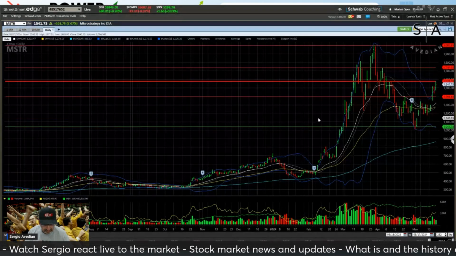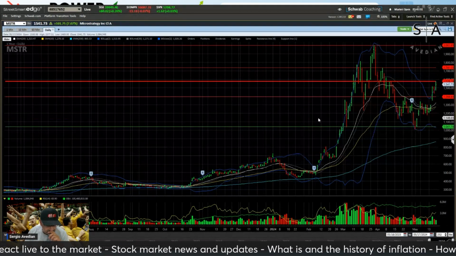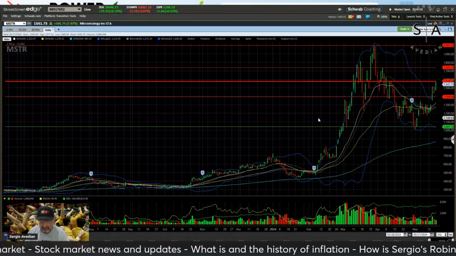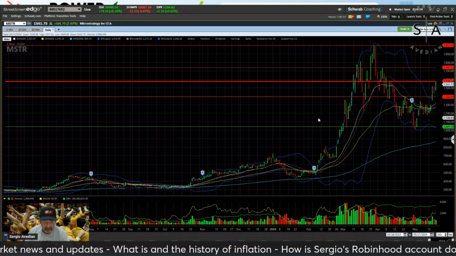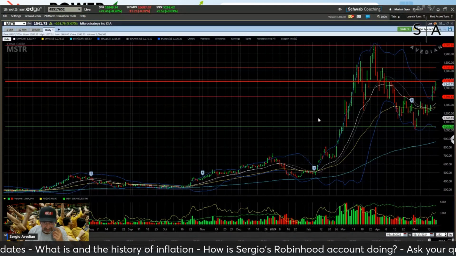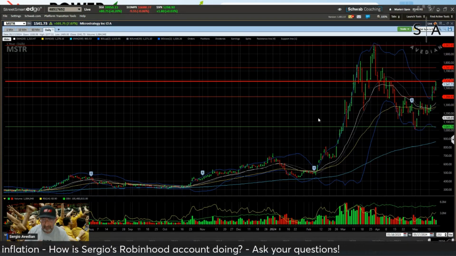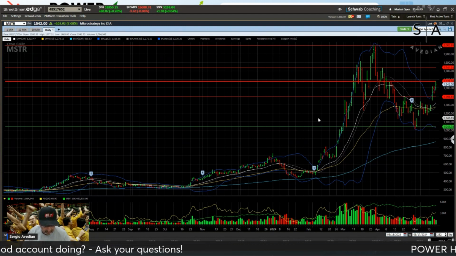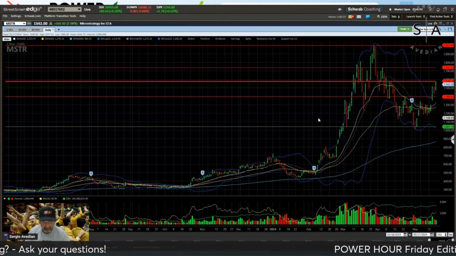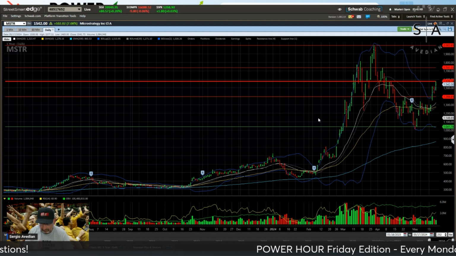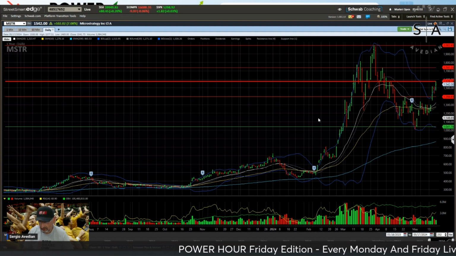This thing is a Bitcoin surrogate. You have to be a little bit careful with this. If you want to trade Bitcoin, you can trade the ETF with much lower cost. The spreads are massive on the stock, so there may be a lot of slippage. But as a Bitcoin surrogate, this is the largest corporate holder of Bitcoin in the universe, of 215,000 Bitcoin that they have purchased by literally mortgaging the company.